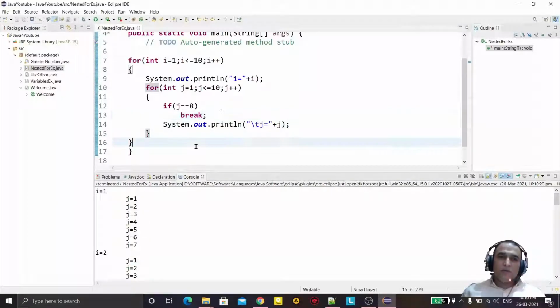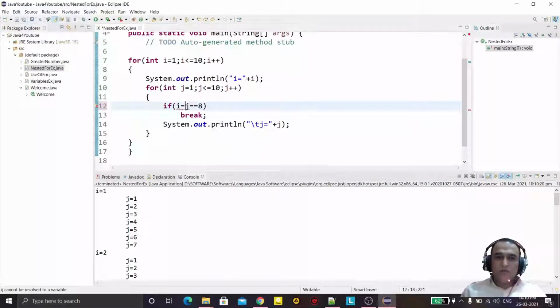But I want to get out from the loop if the value of i is equal to 8, then I want to break this loop.